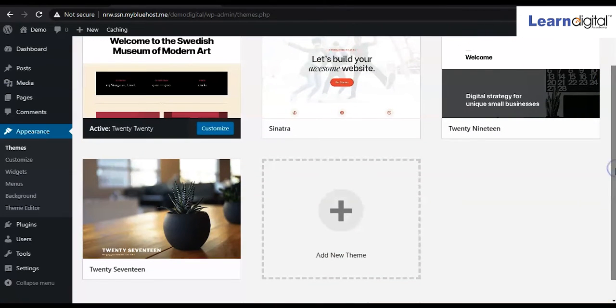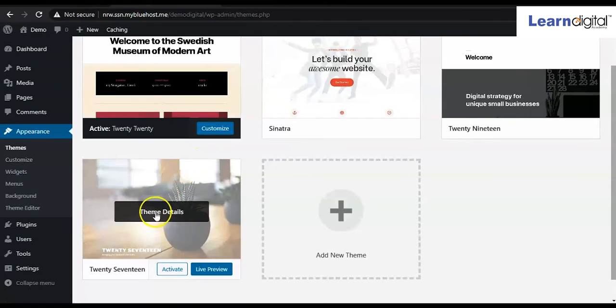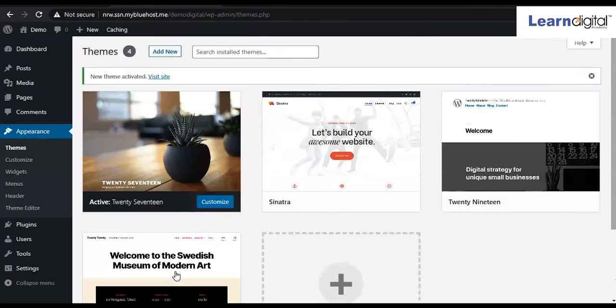This theme normally decides the layout of your website. Different themes have different layouts and different settings. So for that, you come over here and click on the activate button. After activating, you can see the changes.